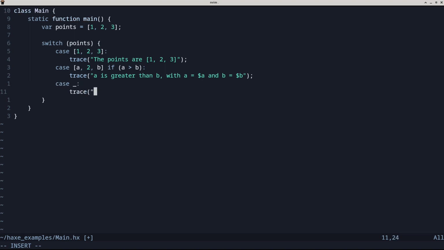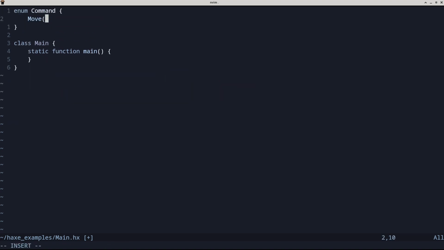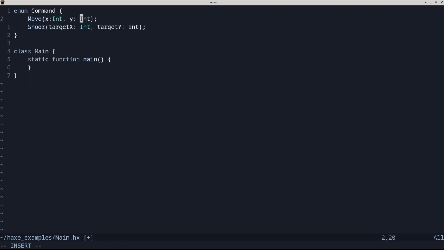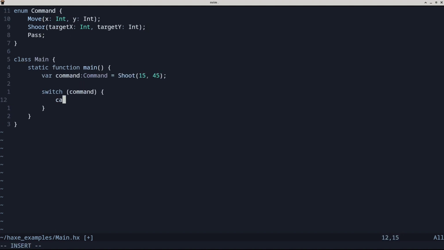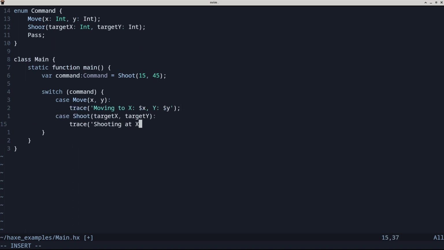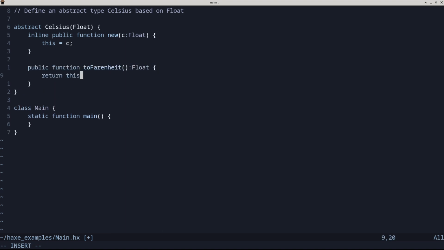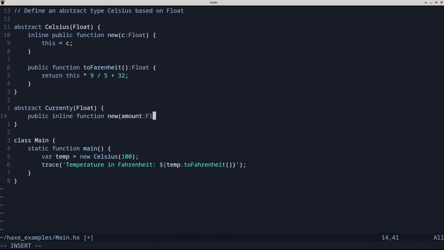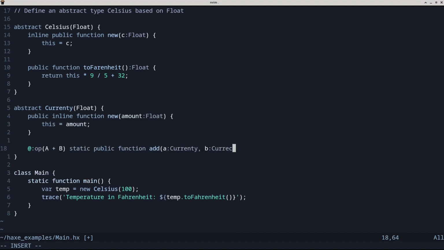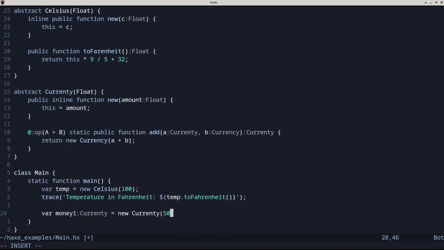You can match arrays and structures using this statement. You can use the OR operator or even the if statement in patterns. However, the switch statement is most powerful when it comes to matching enums. Enums in Haxe can have data associated with each variant. This allows for many powerful techniques and design patterns. Abstract. Don't confuse this with abstract class, which Haxe also has. Abstract allow you to create a new type by wrapping existing one and adding extra functionality to it. You can define new methods and even operators for existing types.